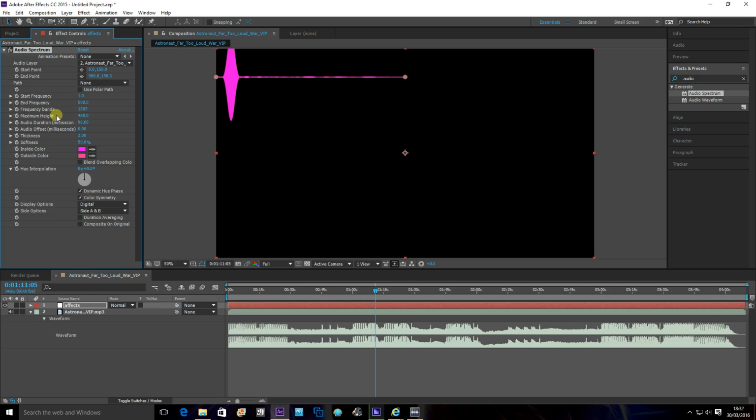Maximum height will come back to later. Audio duration, 45. There we go. Audio offset, 0. I might try the audio offset at negative, like 0.1 or something, see if that helps at all. And you go from there. So you've done your audio offset. Thickness, I'll leave that at 3. Softness, 0. Inside and outside colour,